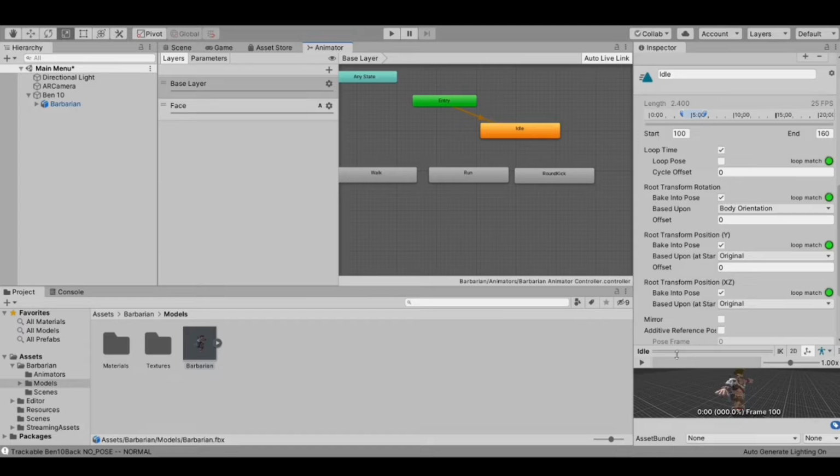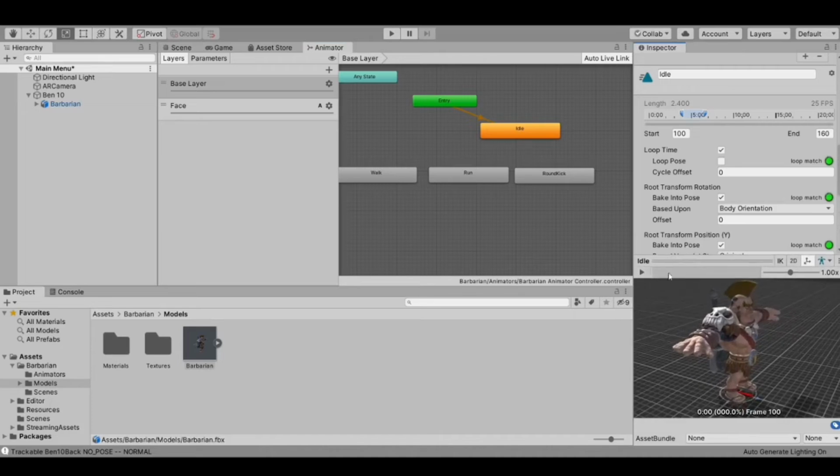So here you can actually see the preview of how our animation is. Let's increase its size a bit, and we are just seeing the preview of how our animation will look. Look here in the inspector panel, I have increased its size. When I play it, you can see the idle animation is that our model is moving its fingers. So it's quite a boring animation. Let's see some other animation.